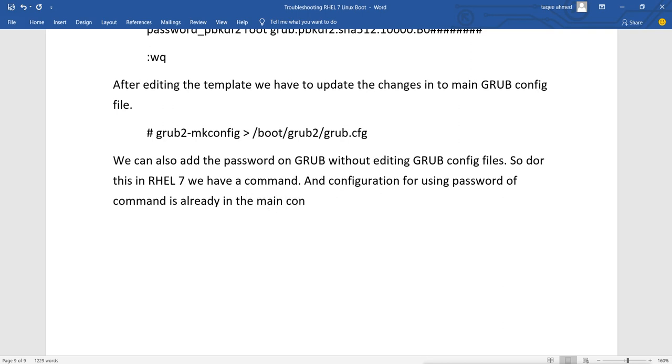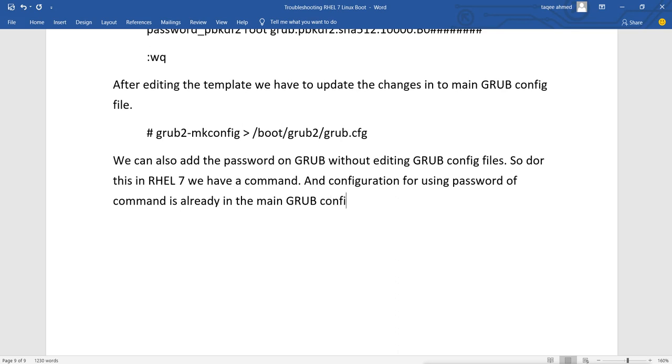So by default we already have the configuration for this. When we use the command to add the password, it will not change the main configuration file, because the configuration for using the password is already there.